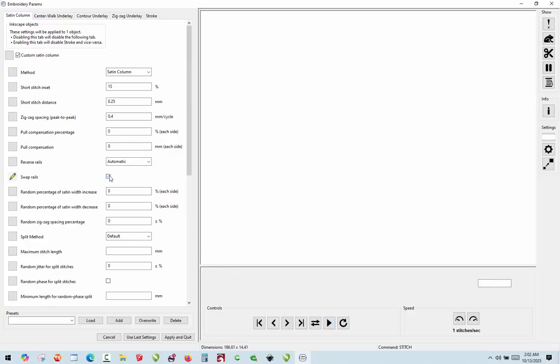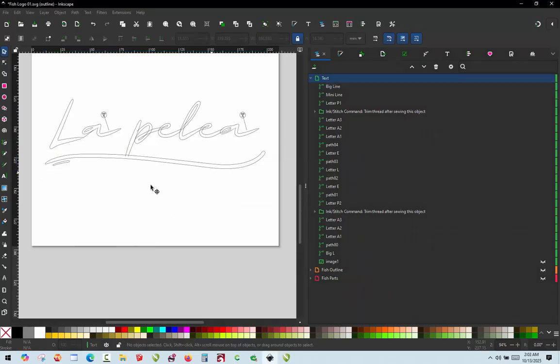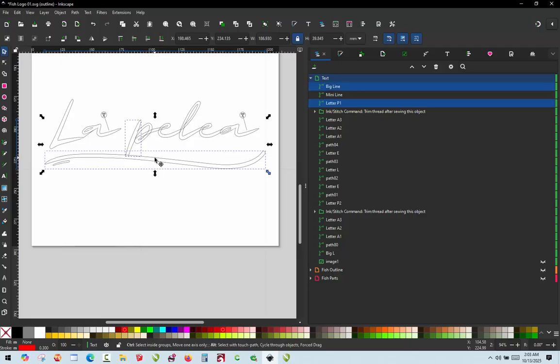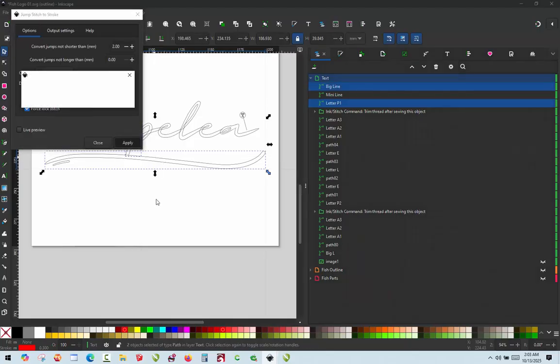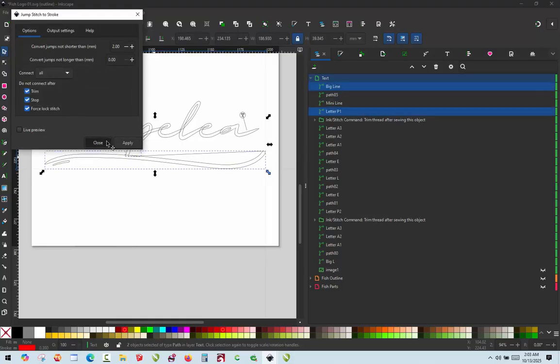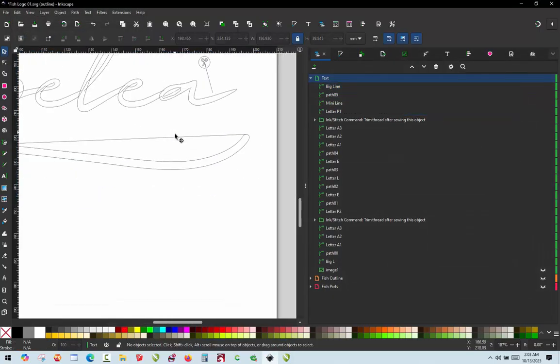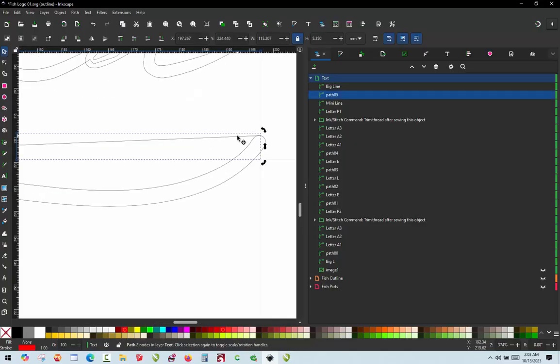And it's not, so we'll swap the rails. Apply and quit. Beautiful. And then this here to this here, we are going to have to generate a thread jump. So we'll go ahead and do that. And yes, we have to tuck it in to bed. So we will do that real quick. We'll just grab our